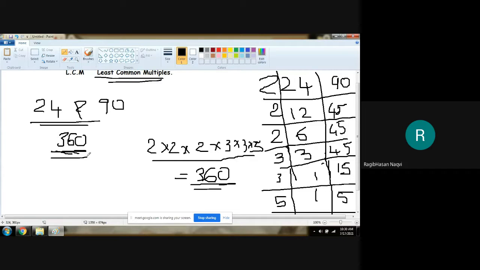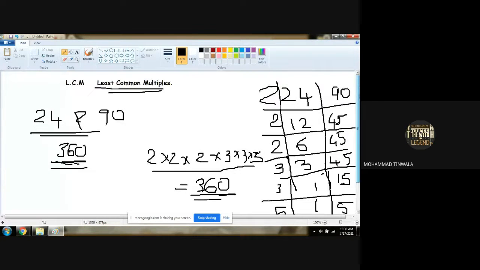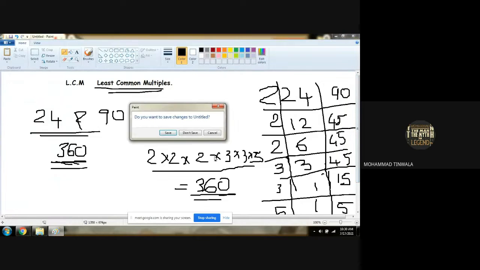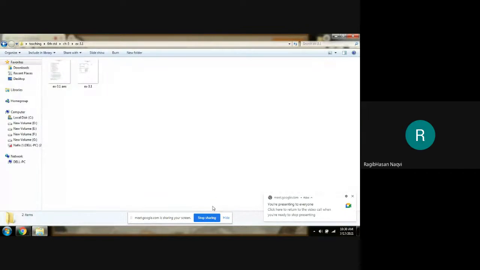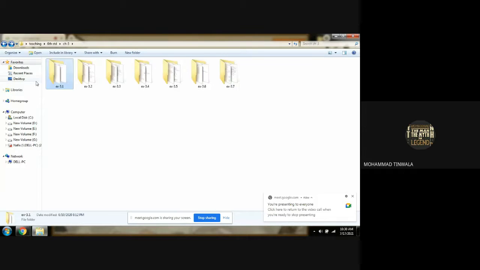So with the help of this topic, we have completed our full chapter number 3. There is no other topic left to cover. Everything is done, not a single thing is left. Okay? Chalo, we are starting with our exercise 3.1. Are you ready, all of you?